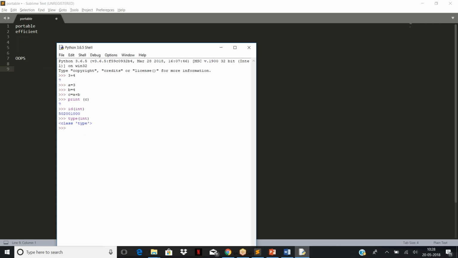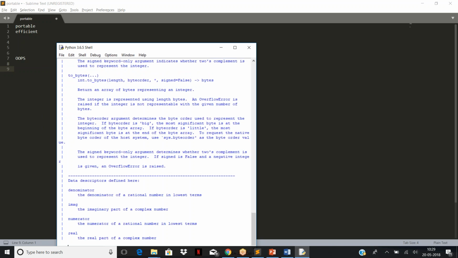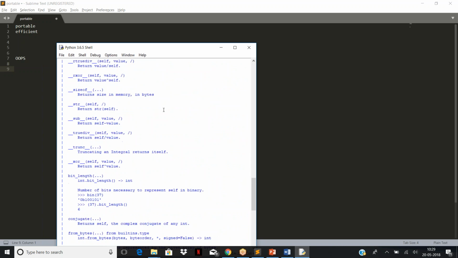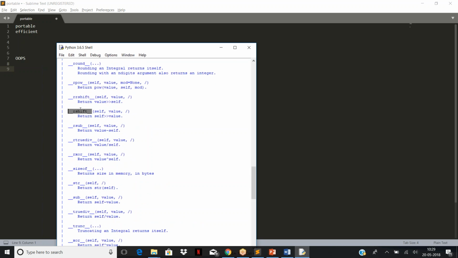If you see here, there are two things I displayed. Type of integer: it means what type this data type belongs to. It is class. It means every data type that we use in Python is created as a class at the architectural level. This is not available in any other language; they will not disclose how their data types have been manipulated. But in Python, this data type has been assigned all these dunders. We call these things dunders, or more precisely speaking,